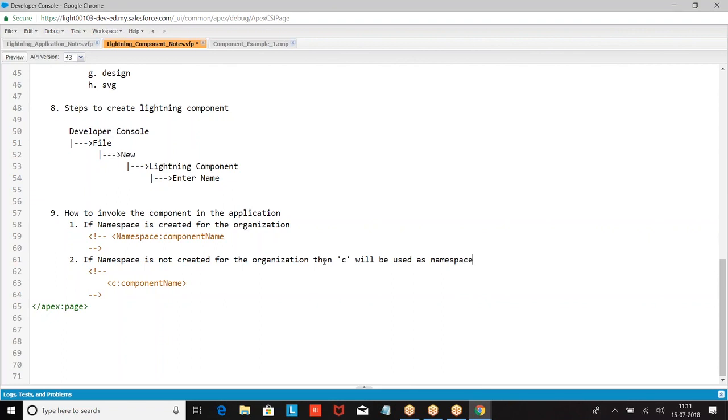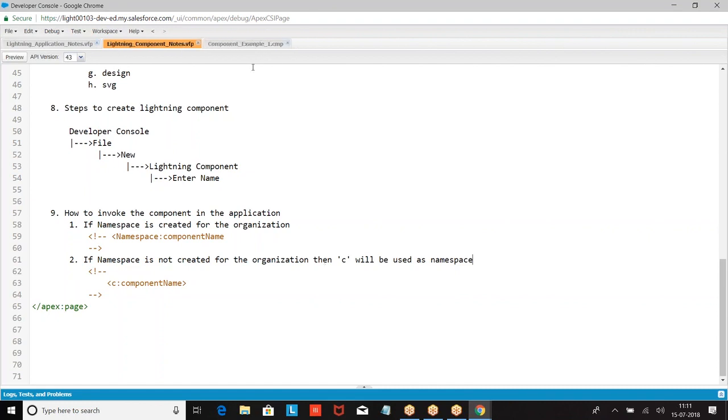If you define the namespace, it's okay. If you don't define the namespace, we are going to call it as C colon component name. If you have a namespace, namespace colon component name. If you don't have a namespace, C colon component name.